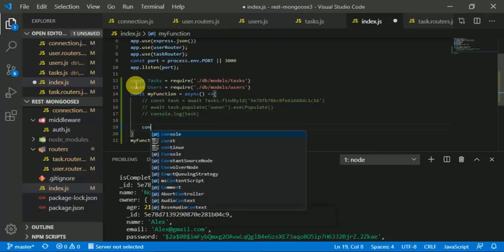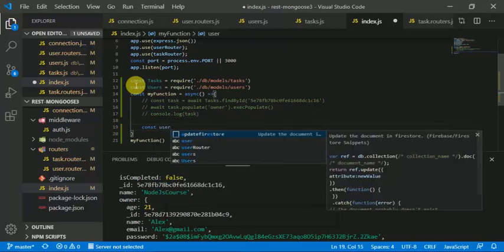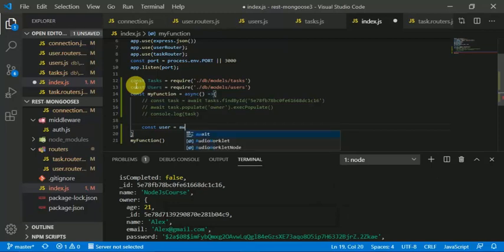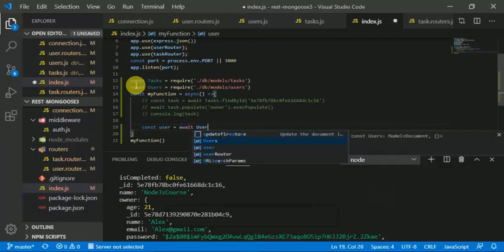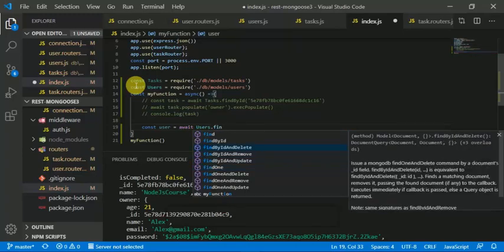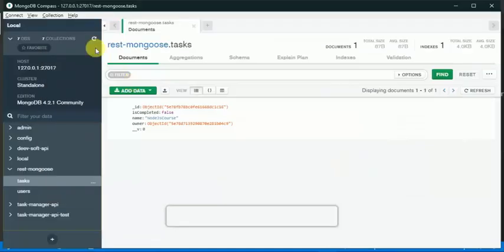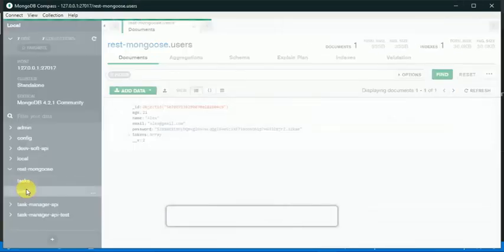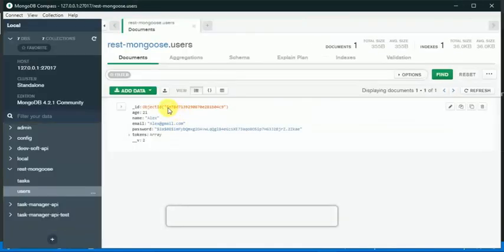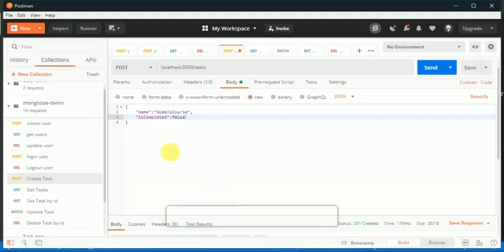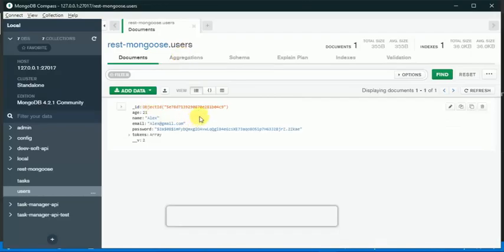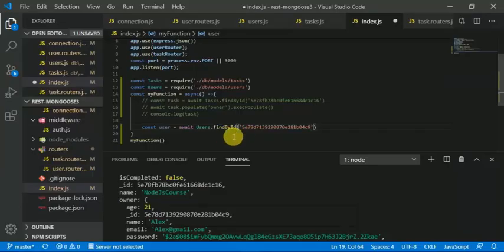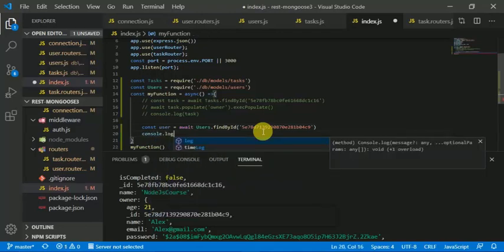So in here we are going to get the user is equal to await users.findById, and we are going to use the id of our user, that is this one. We can get it from here. Just a sec. I have acquired the ID number. Now we can just console.log